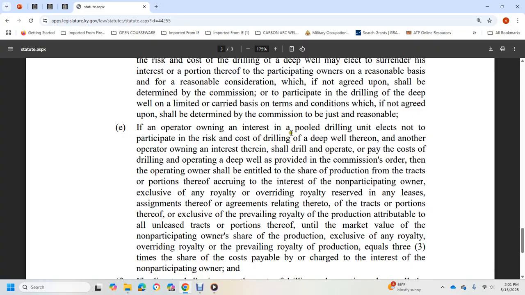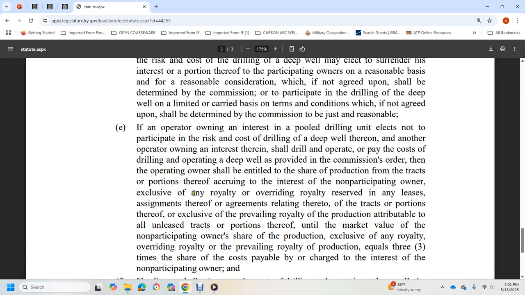If an operator owning an interest in the pool drilling unit elects not to participate in the risk of drilling or deepening a well thereon, another operating owner interested therein shall drill and operate the well and pay the cost of drilling, operating, and deepening it, provided that with the Commission the operating owner shall be entitled to a share of the production of the tract, the portion accruing with the interest of the